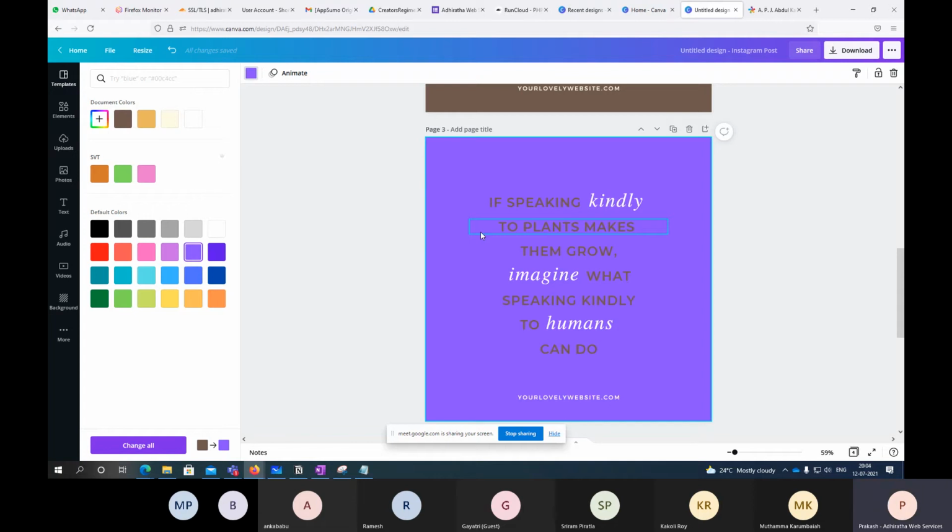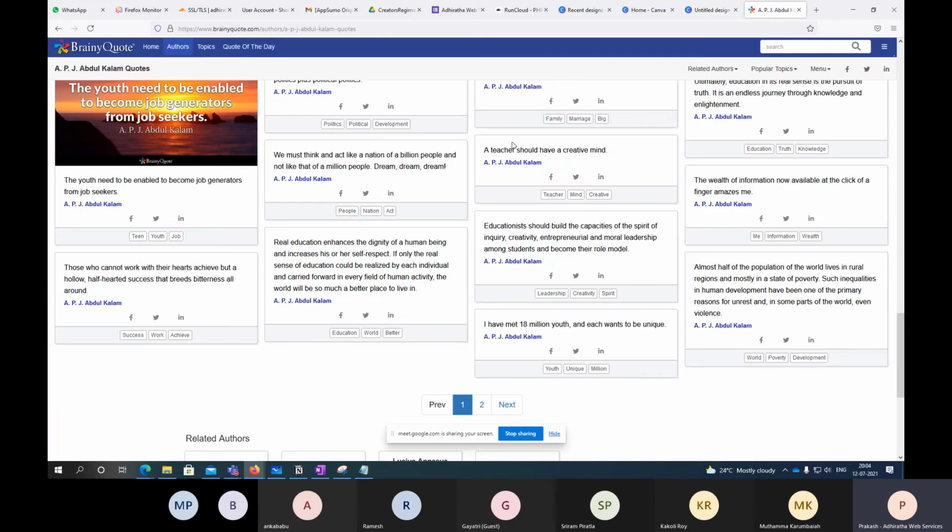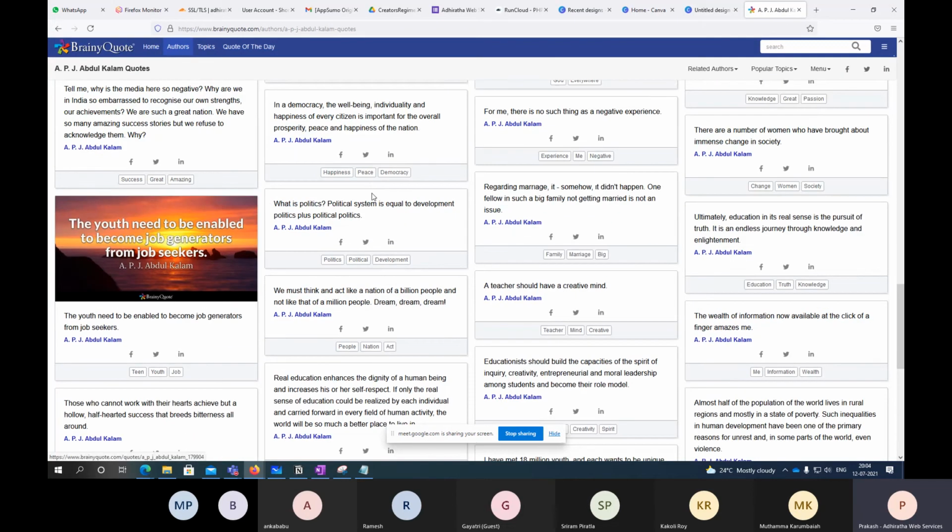Grammarly, you should use Grammarly first. When you're typing something, whether that is good or bad, Grammarly will tell you. And I want to see the screenshots. Please share the screenshots when you're able to install Grammarly and try to create at least 5 to 10 posters tonight. And use this brainycode.com to get codes.